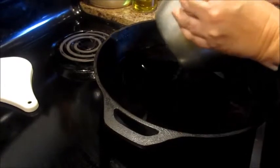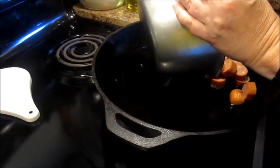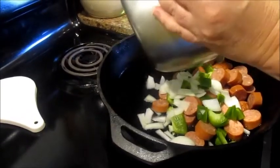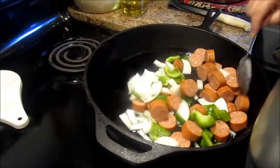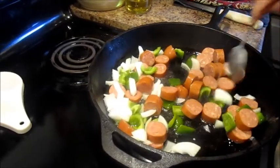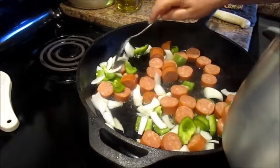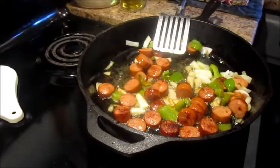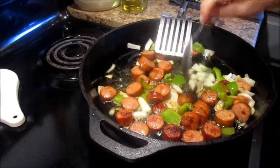Alright. Ooh, nice and hot. Now we'll cook these down until the sausage gets a nice crust on it and the onions and peppers are done. Alright guys, looking so good. Now the next step,